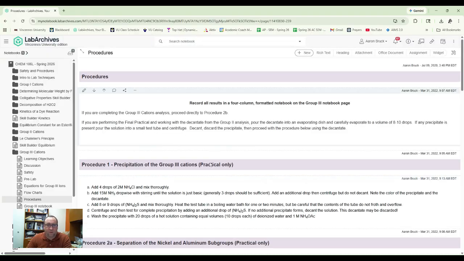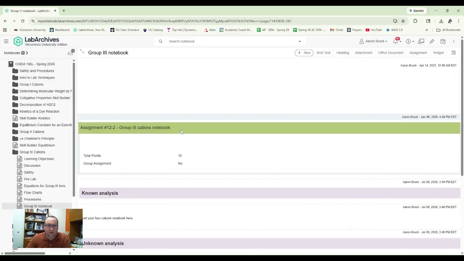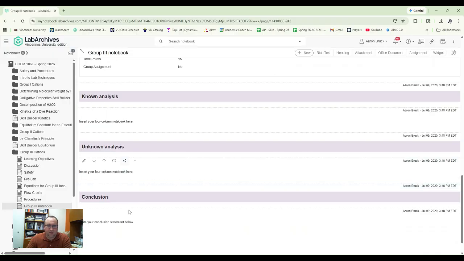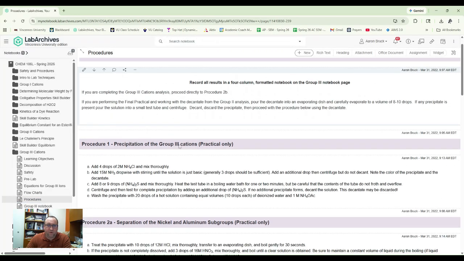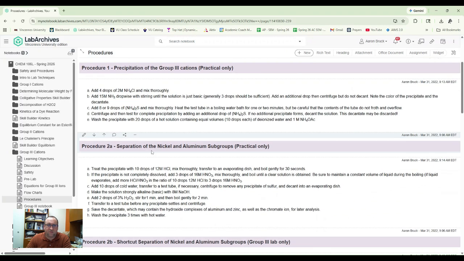And what we have to remember is, first of all, the notebook that you are using is completely blank. Just like you did with the group 2 analysis, you're going to have to create your own notebook. We're not doing that for you. But what you can see is that procedurally,